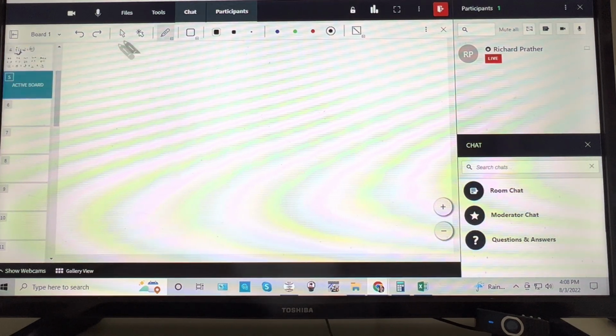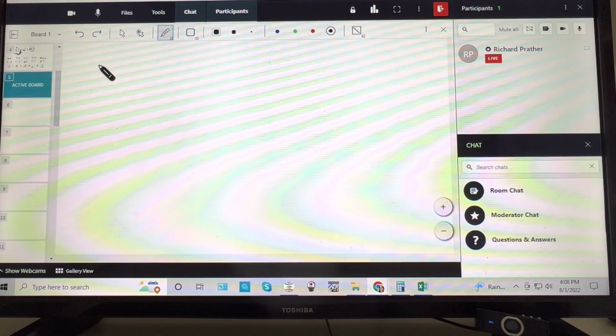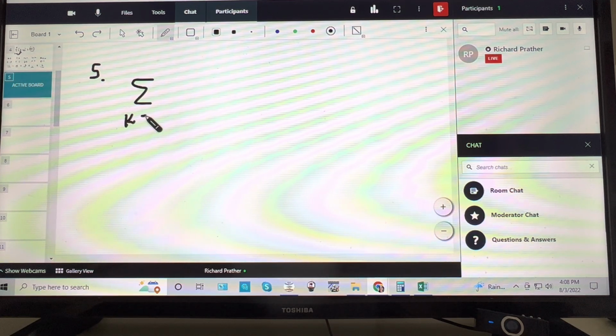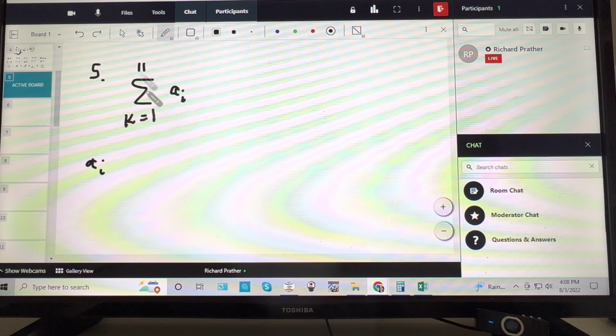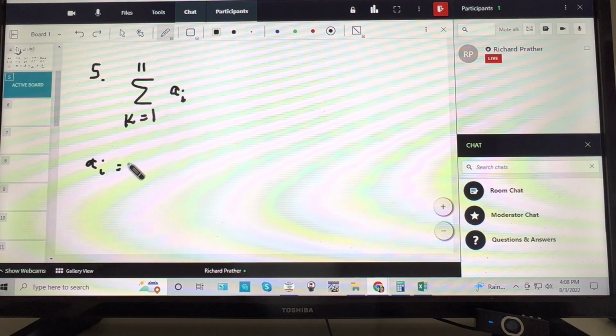So let me write out what's actually happening here. If the sum from 1 to 11 for some expression, they're just putting a sub I here. They don't want to tell you what a sub I equals. a sub I just means I is any number between 1 and 11. So it could be something like K